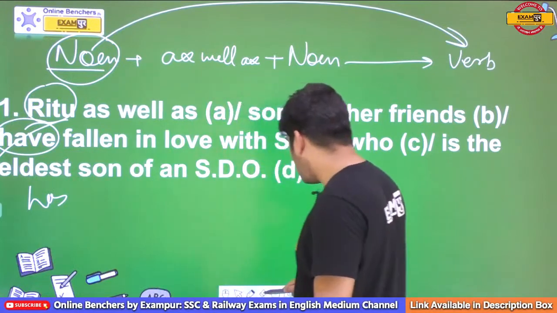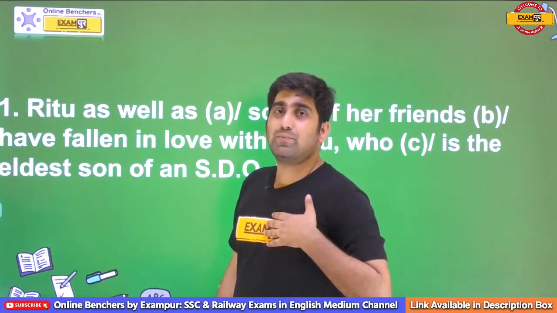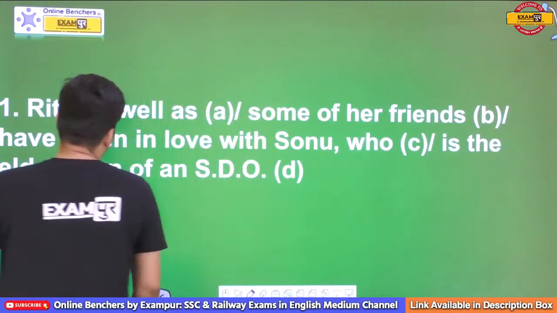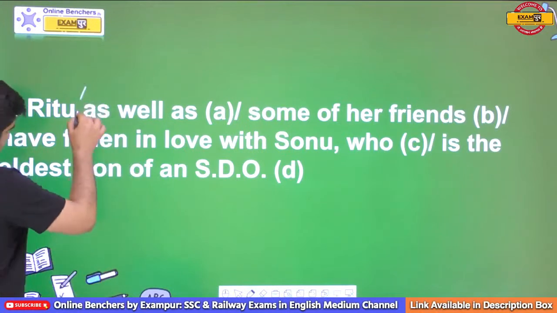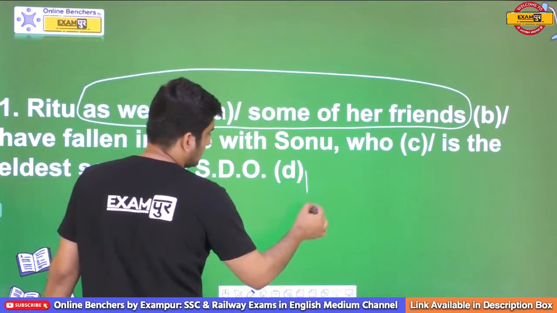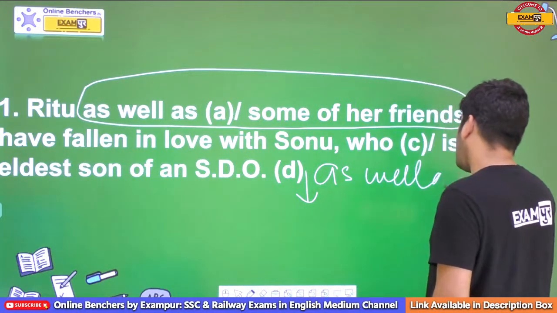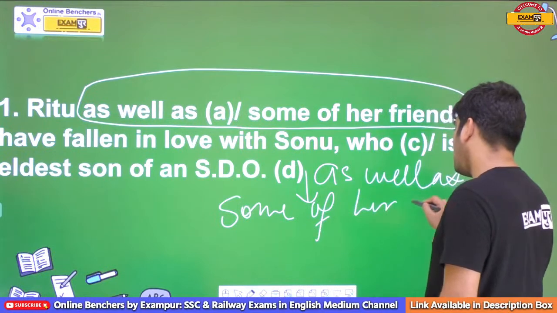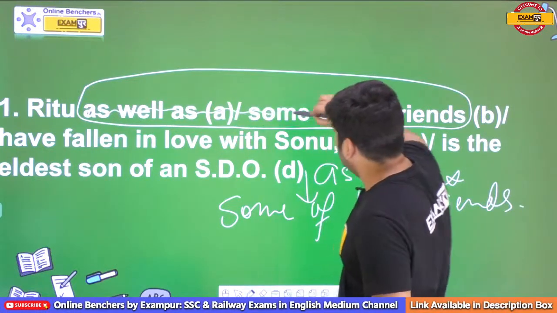And if you want to solve this question in another way, I mean in the third way, I would not leave the question. मैं आपको तीसरा तरीका भी बताऊंगा. Vishnu, thank you so much. The third way to solve the question will be rewriting or reorganizing the sentence. If I put this part at the end, like if I say 'as well as some of her friends', और अब मैं इस सेंटेंस के इस पार्ट को काट दूं. If I remove this,